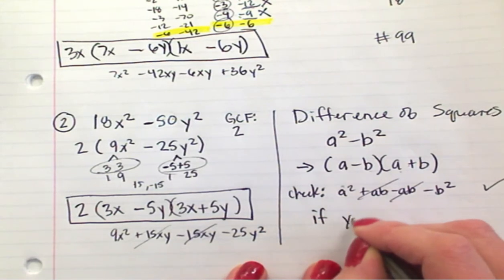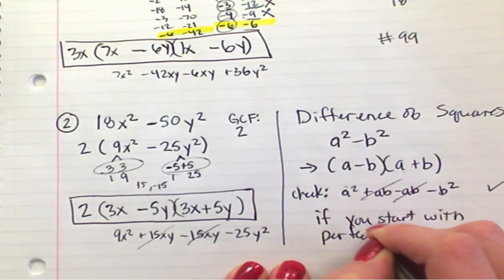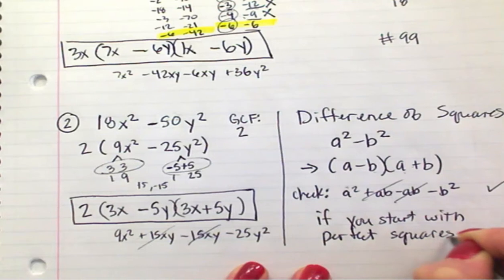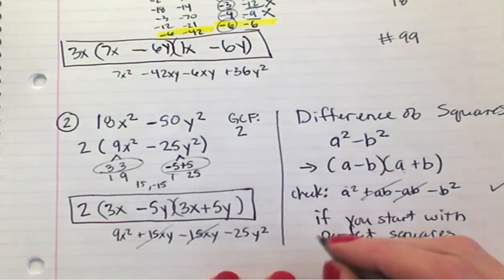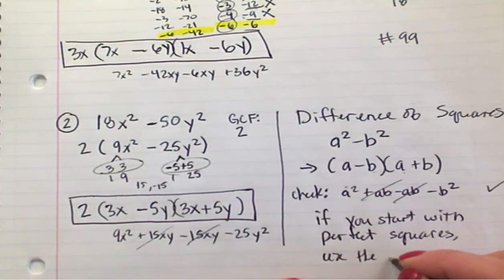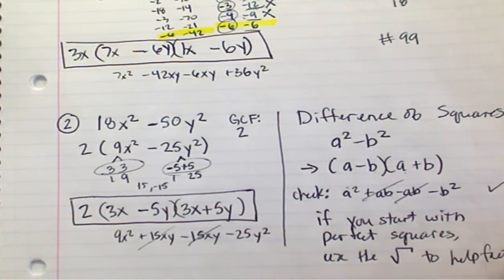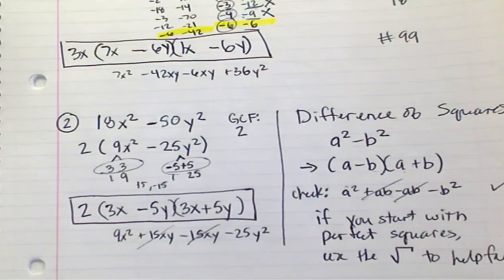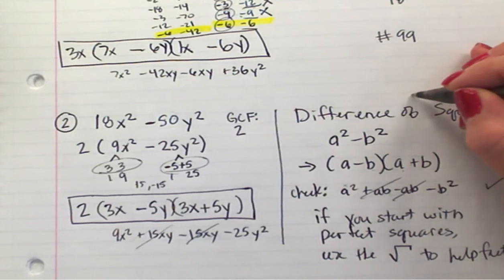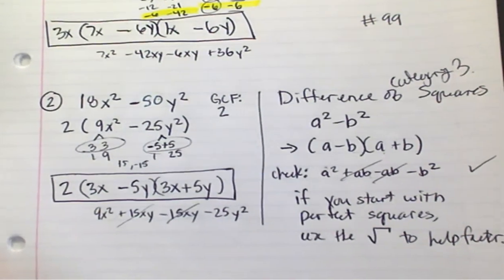If you start with perfect squares, you can use the square root to help you factor. Why does this work, guys? Look, it's because of the missing term. The middle term is 0. This is category 3. This is where you're going to spend some of your time today, is investigating what this pattern looks like. So you can't do that if it's being squared plus less than squared